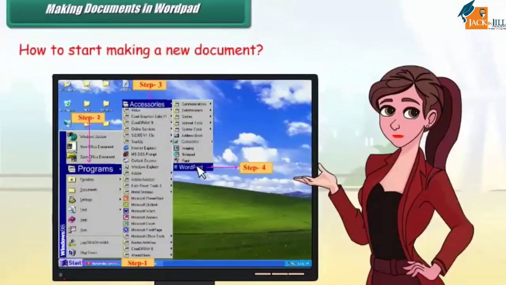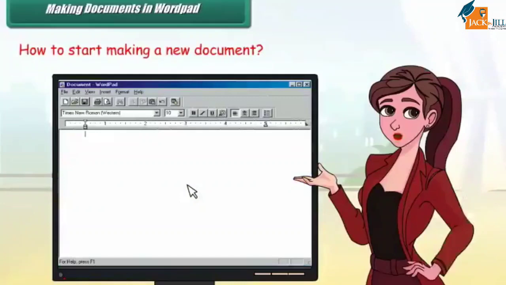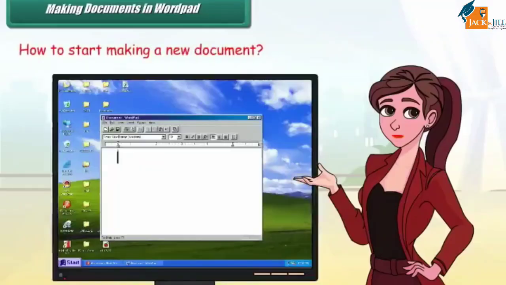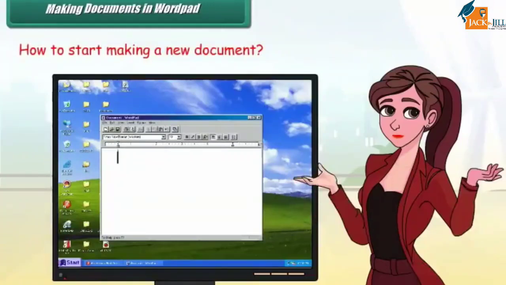Teacher's advice. First, you should collect information about the document you want to create. Otherwise, you will be wasting your computer time. Observe the following parts of the WordPad window.